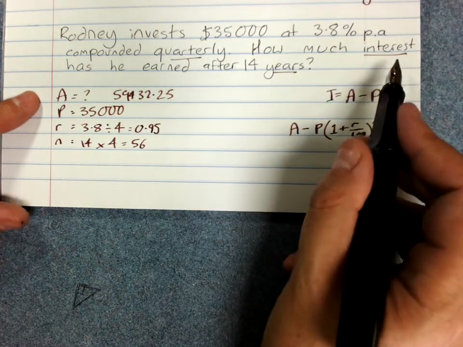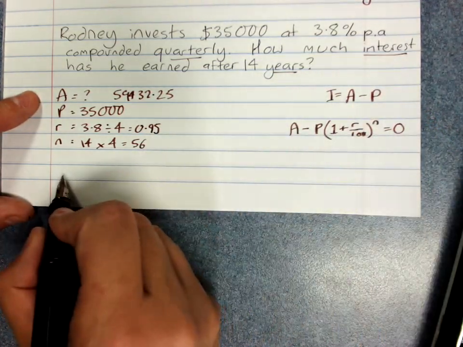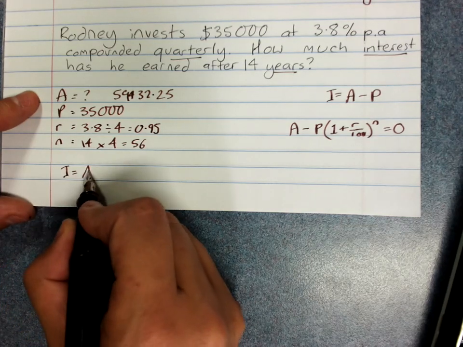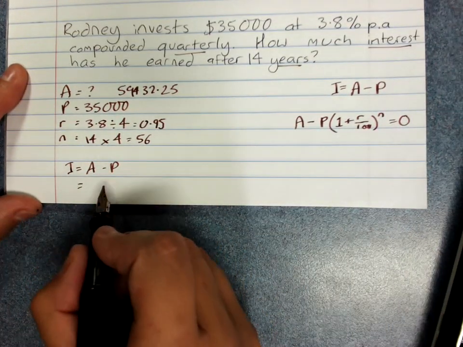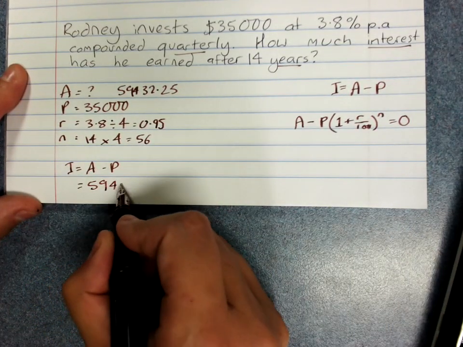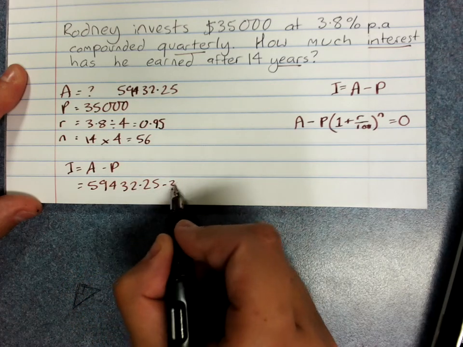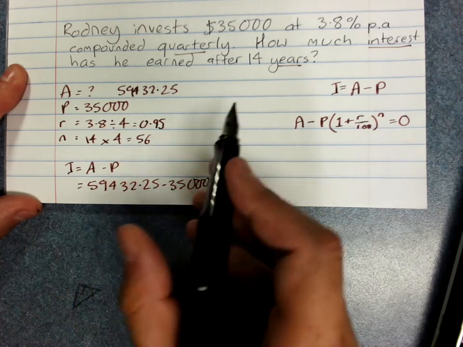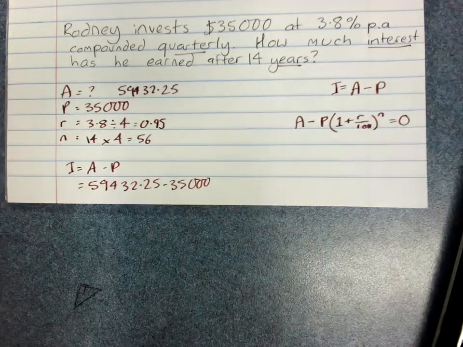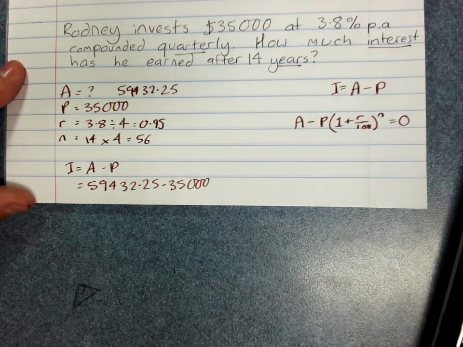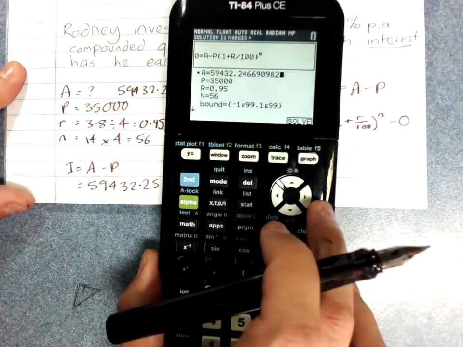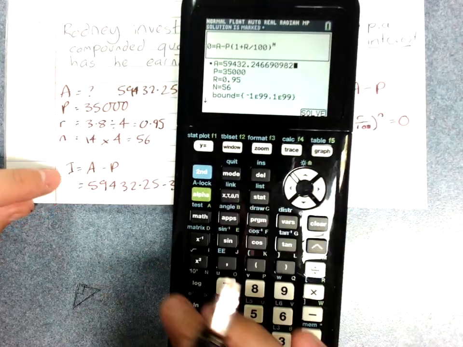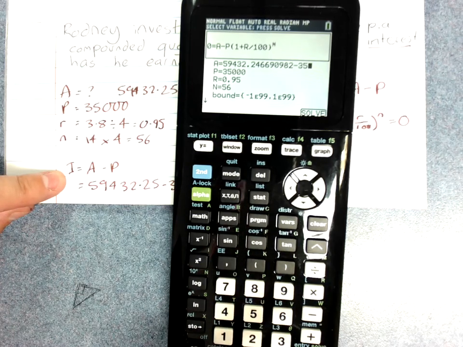We want how much interest he's earned. So we'd do our working. Interest equals amount minus principal. Sorry, I'm running out of space here. 59,432.25 minus 35,000. Now this is a lot of interest, but compound interest really does earn a lot of money over that sort of time. So subtracting, and you can always just hop to the end of this one, so you've already got that typed in. Take away 35,000,